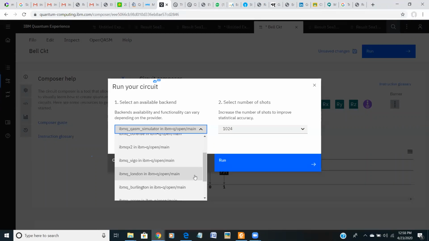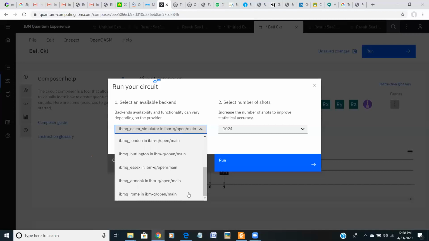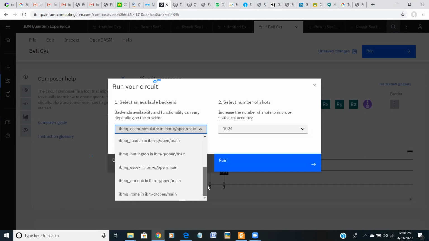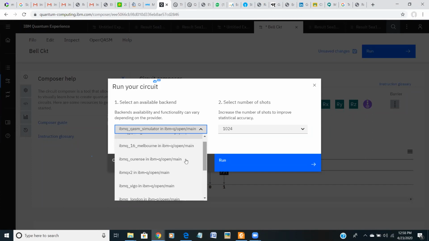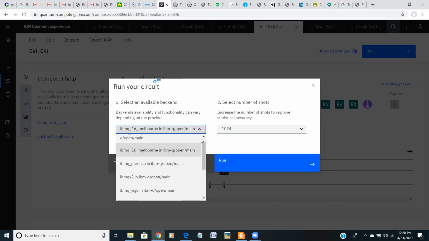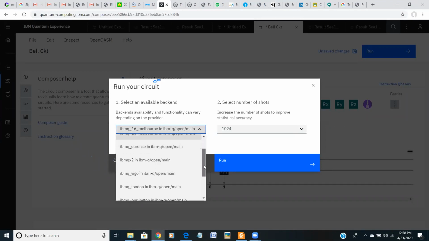London is another quantum computer. These all are the Arlington, even Rome. These all are quantum computers. If you can try. Indian? No, still no Indian server is installed. Let's try with the older one. This one. Before you can check. Oh my God, it will take time. All are busy.